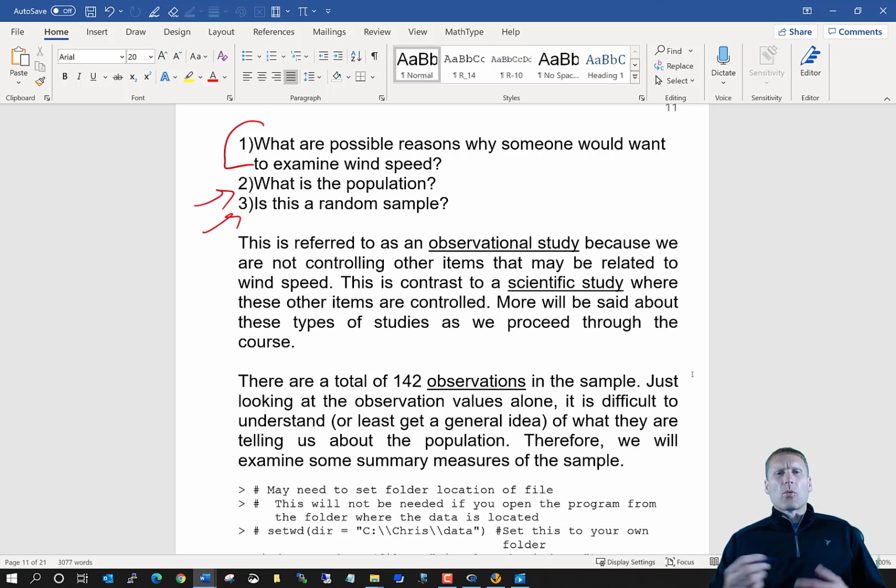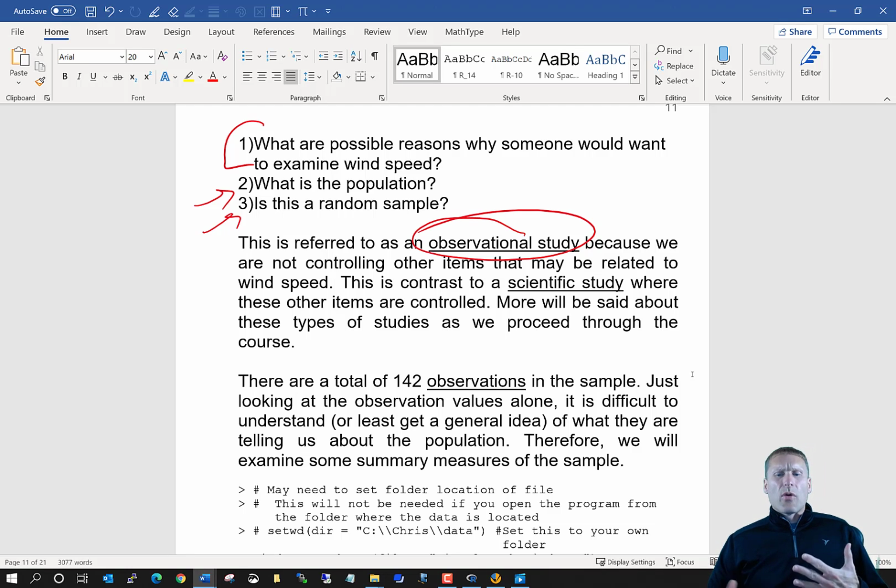Well, first of all, is this a random sample? And the answer is no. We've collected 5 years worth of data. These are actually 5 consecutive years. So no, it's not a random sample here. So any kind of inferences that we want to make from the sample to the population, you've got to be careful. What you're basically saying is that these 5 years are truly representative of what will be happening in the future. And overall, what we see here is an observational study,